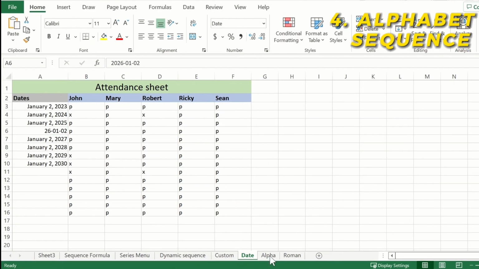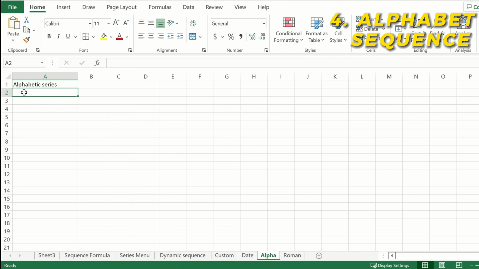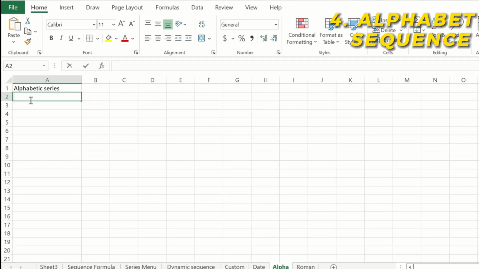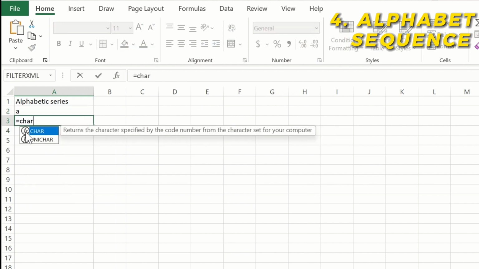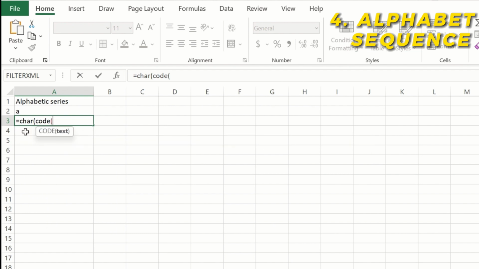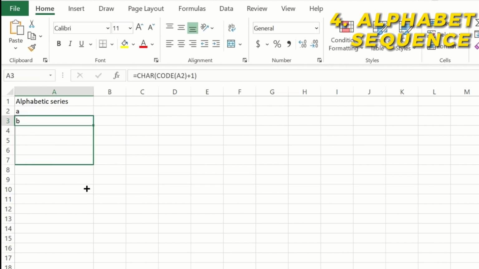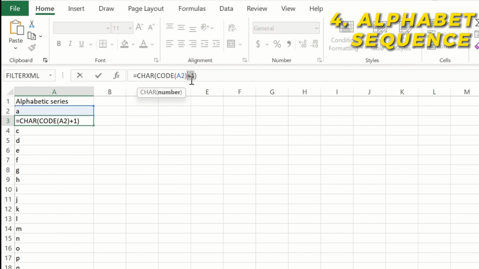Now let's see how we can apply the series or sequence on alphabets. Here we will generate a series of alphabets from A to Z. Simply enter letter a in cell and use formula in the next cell, that is equal to CHAR in bracket CODE cell number +1. This formula uses the ASCII value of a character, and after adding 1, it converts it